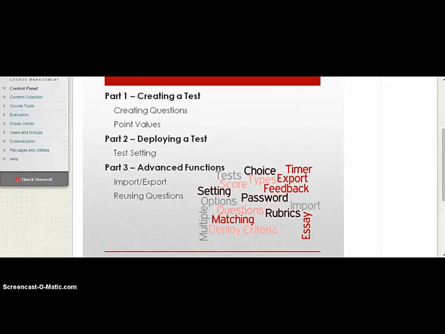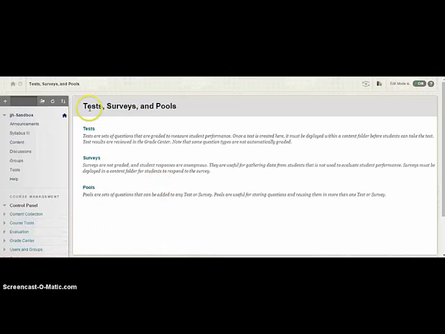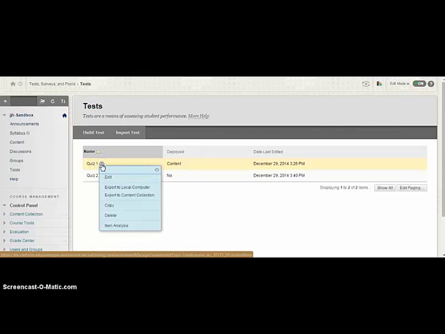So let's begin by exporting the test that we created in the earlier video and importing it into a course. We're going to start by going to Course Tools in our Control Panel, Test Pools and Surveys, and going to the test area. We can see our previously created Quiz 1 here. We're going to select from the drop-down arrow of Quiz 1, Export to a local computer,